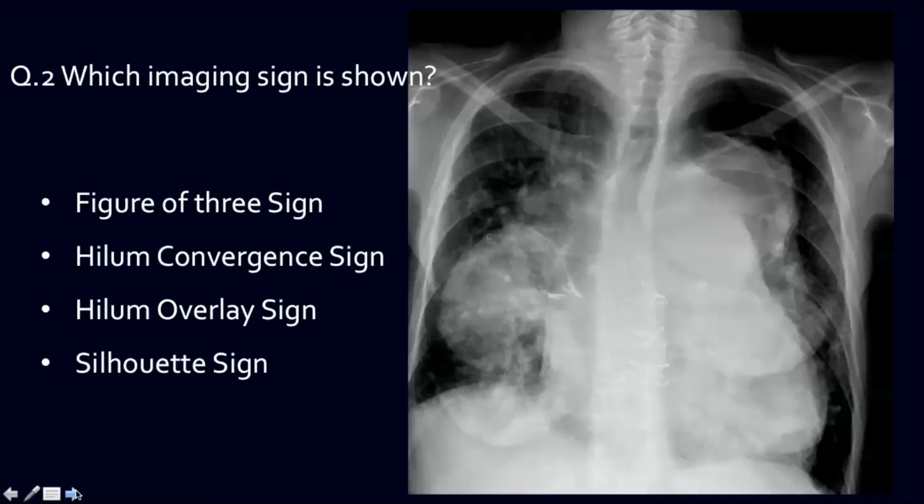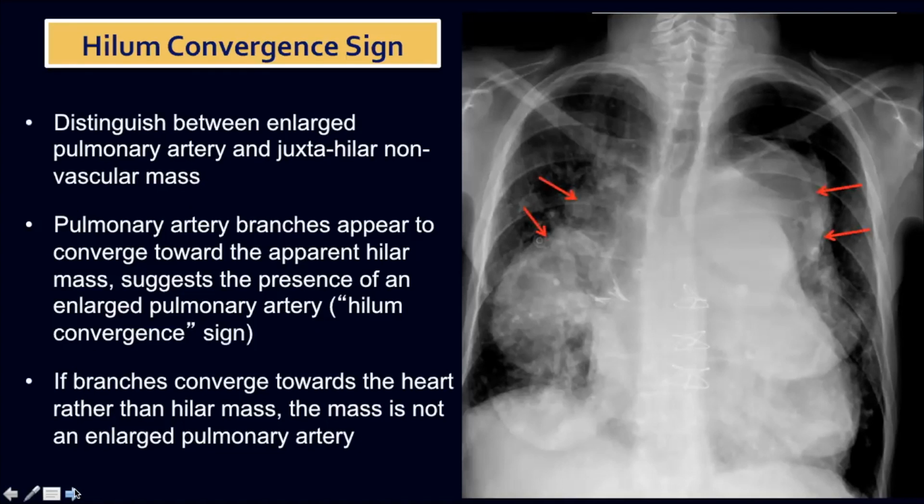So here's a companion case and our second question. And you can take a look at the radiograph again and think of which imaging sign is shown here. Now your options are here. You've got 4 options. And the correct answer is the hilum convergence sign, which is quite helpful in distinguishing between an enlarged pulmonary artery